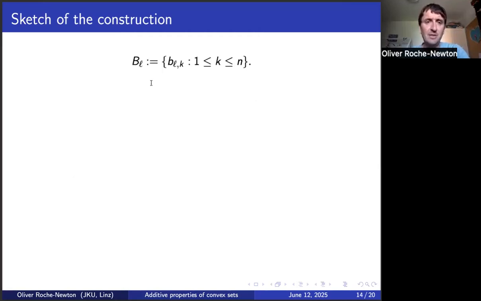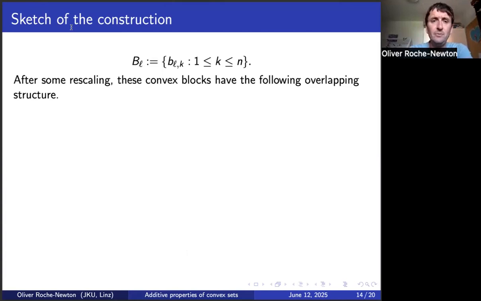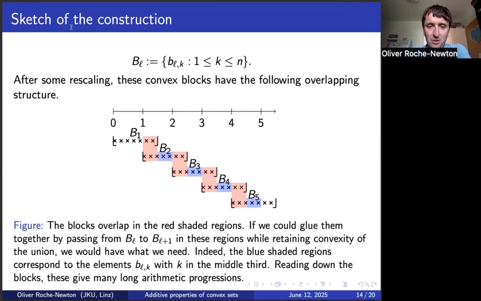Okay, so here, new slide, and I'm just reminding us of the definition of these B_L, fixing L and varying K sets, these blocks, I call them. So the numbers are all set up in such a way that we get a structure a bit like this one I'm about to show here in this picture, that the way that these blocks overlap is something like this. So if we're just being a bit sloppy, we can think about each block,